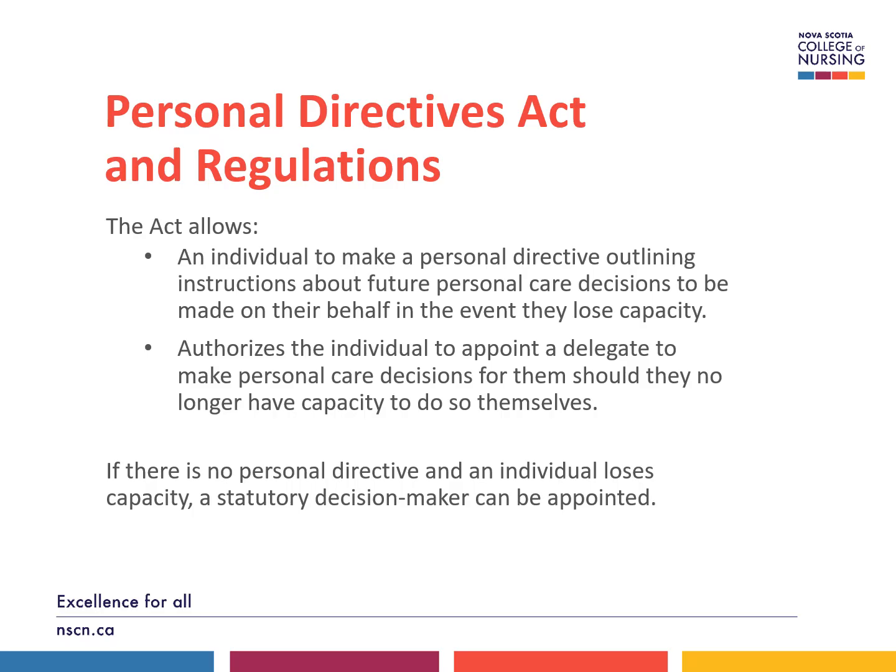If an individual has not made a personal directive and has been determined to lack capacity, a statutory decision maker can be appointed. This statutory decision maker is usually the nearest relative who has capacity and is willing to make decisions. When no such relative exists, the public trustee acts as the statutory decision maker. We would refer you to review the Assessing Capacity, a Guideline for Nurses practice tool on our website, and the PDA Act that this module is based upon to learn more about the specifics of what is defined as personal care and health care.